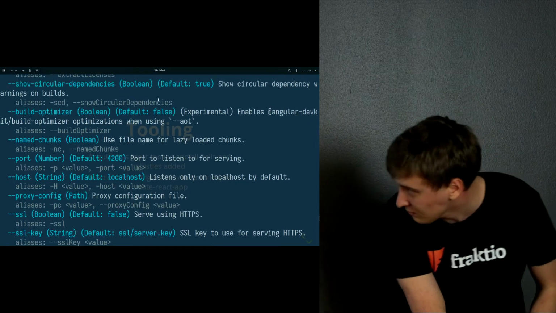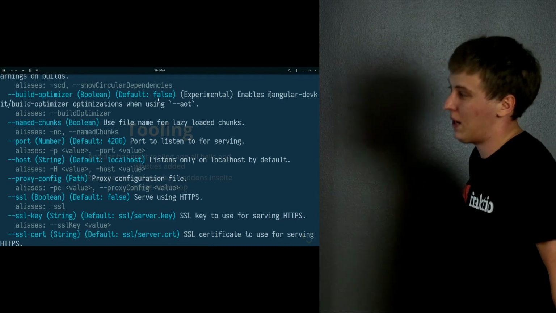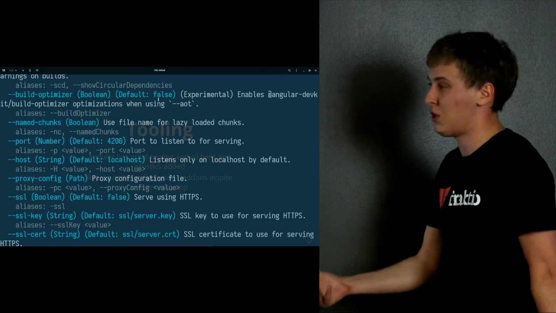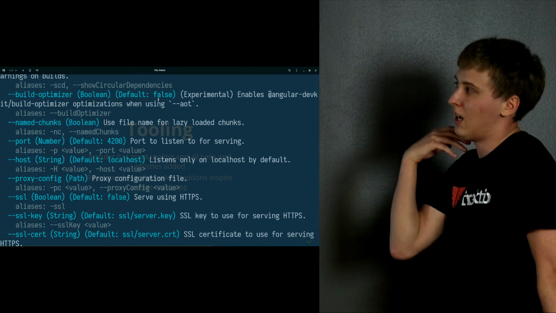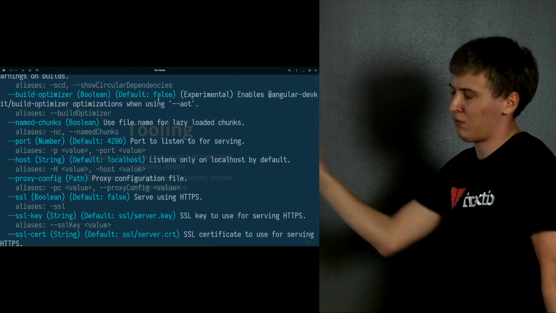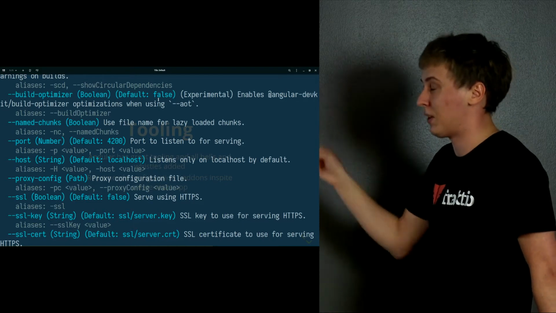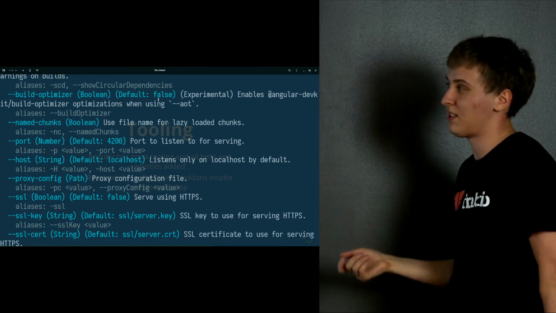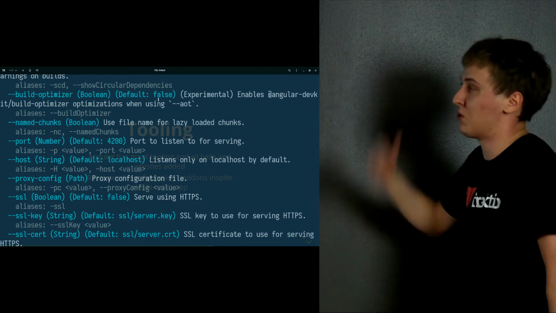For example, you can use different ports, different hosts, and have proxy configs when you run into issues such as CORS. As I mentioned before, you can switch between different CSS. So if you don't like plain CSS, you can use SCSS or Sass or Less, or I'm pretty sure it can do PostCSS, but not from the CLI. You'd have to install PostCSS extensions yourself, but after that, it works out of the box. I also mentioned ahead-of-time compilation, where it improves the render time by compiling stuff before you deploy it somewhere.